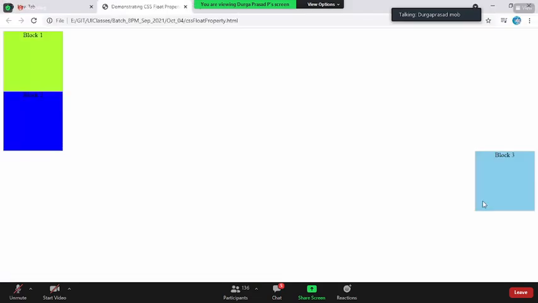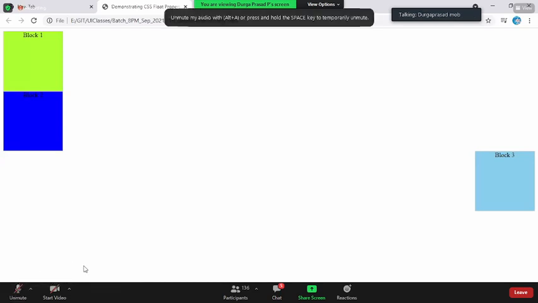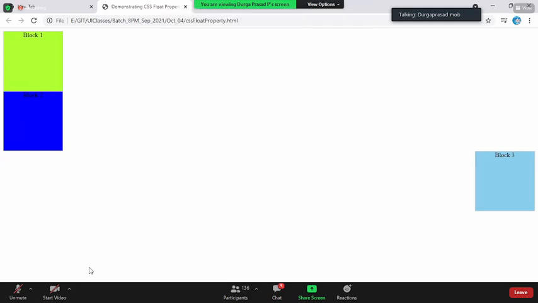Now, when I'm reloading the page, where will the green guy come? Will block 1 come in the same position, or will it go to the right side? Block 3 goes to the right side because we have made it float right. Coming to the light blue guy, is it on the left or the right side of the container? Right side, because we made it float right. Now tell me, do block 2 and block 3 need to be on the same line or different lines? Different lines, because they are in 3 different lines, right?